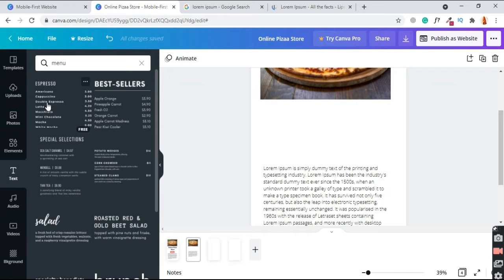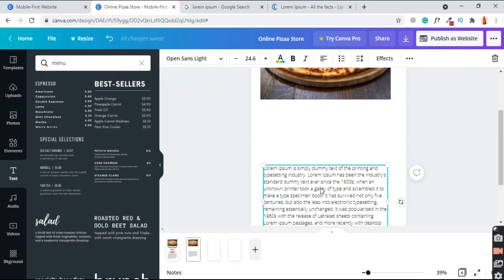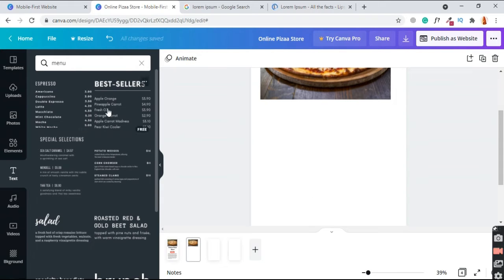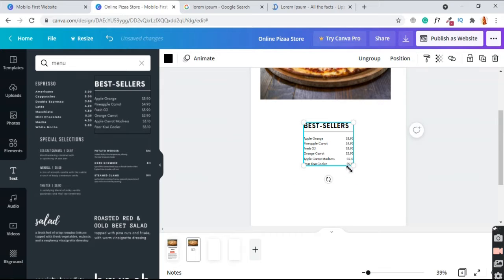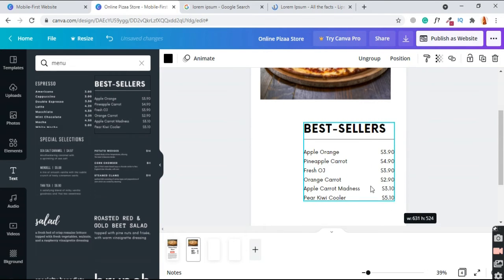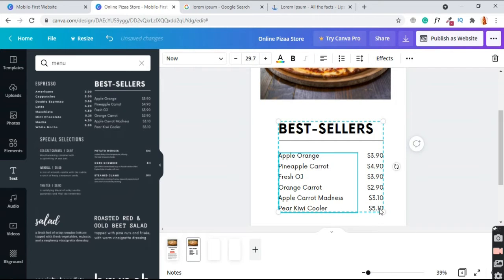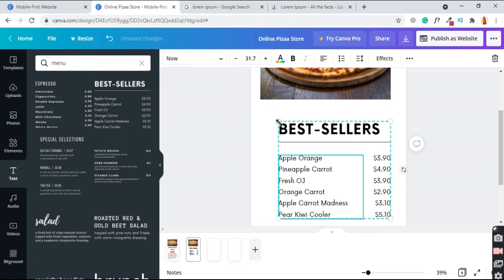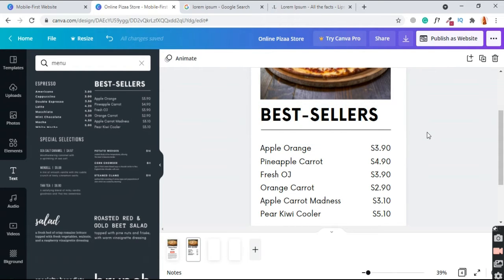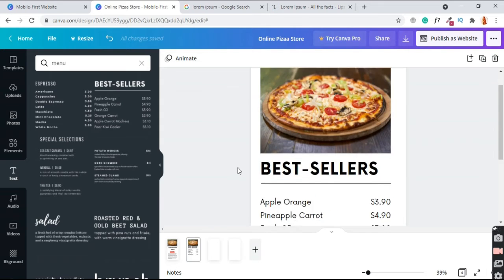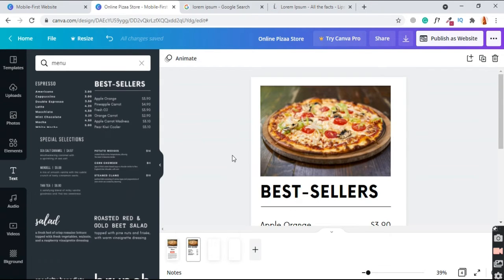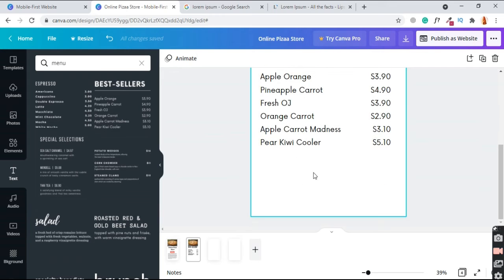Canva is really great. First I will delete this also. Just click on whichever one looks good and better. I think this one is looking great. Yeah, just increase the size. Yes, cool, really cool, and a really amazing tool. Oh man, come on, great. Okay, so this is our second page.